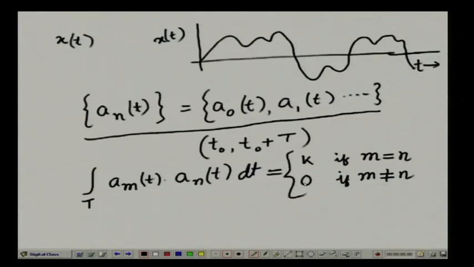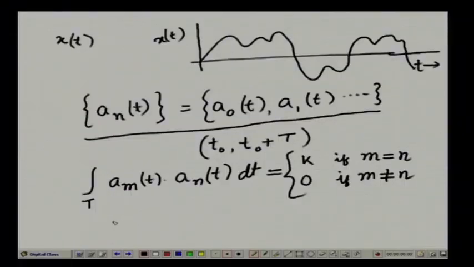So, I take two functions a_m(t) and a_n(t), take the product and integrate the product over the interval capital T. If this integration is equal to some constant k when m is equal to n, and equal to 0 whenever m is not equal to n,